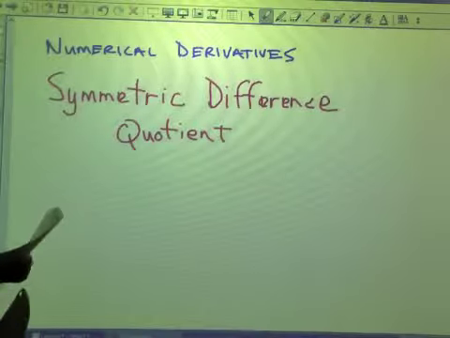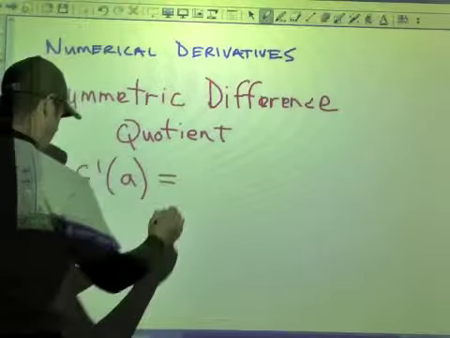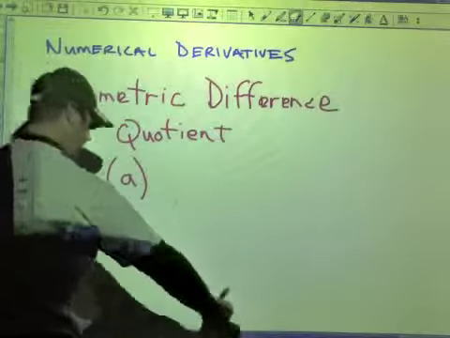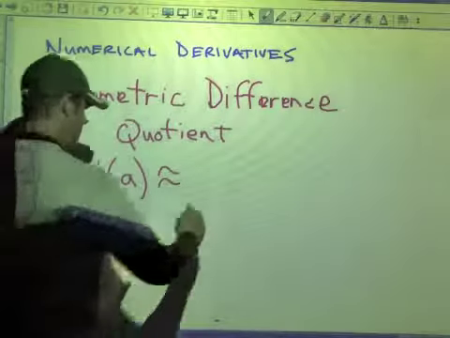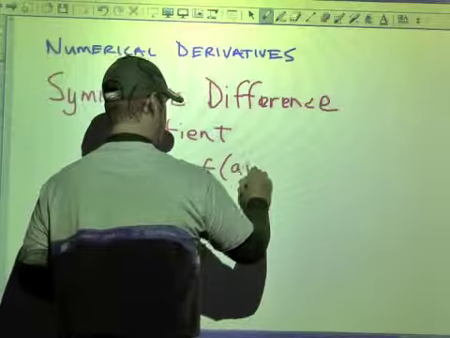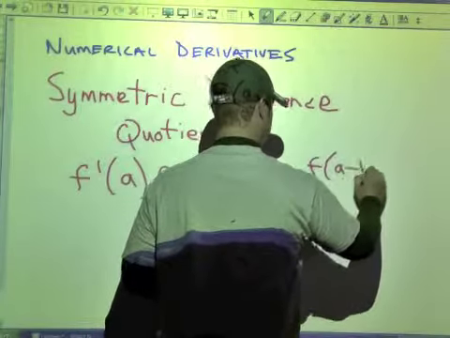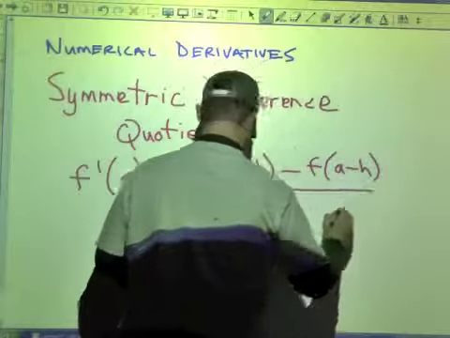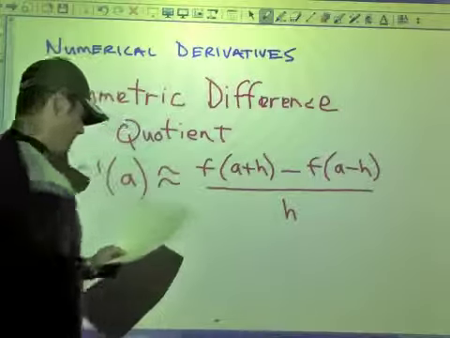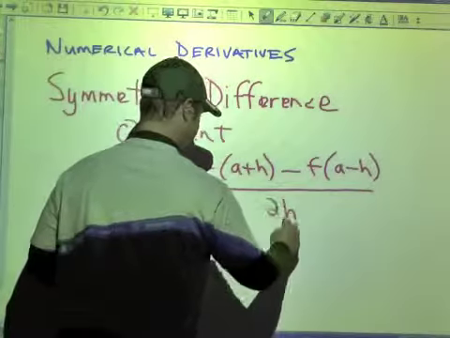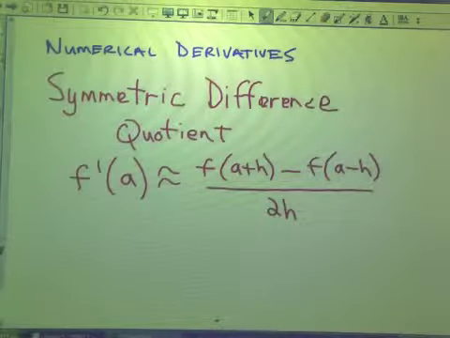The symmetric difference quotient looks like this. The derivative at a particular value, we'll call A, is approximately equal to, okay, it's an approximation, f of A plus h minus f of A minus h, all over h. Actually, that should be 2h. Okay. Now, where that comes from, I'll come back to that formula in just a second, but let me explain